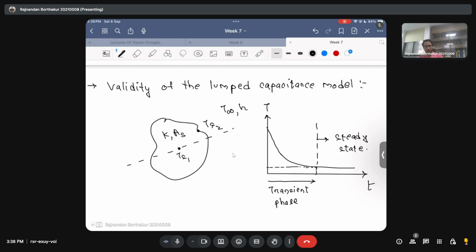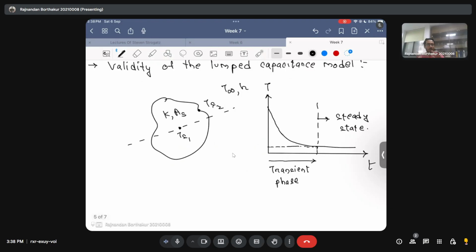Okay. So what we are now trying to do, in order to understand the validity of the lump capacitance model, is to figure out what happens in steady state first. Okay. So at steady state, we are disregarding this initial transience that is happening, and we are just looking into the steady state here. Okay. So at steady state,